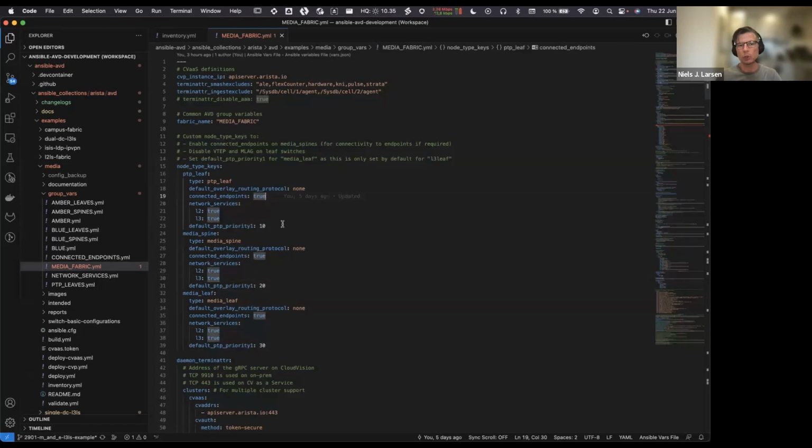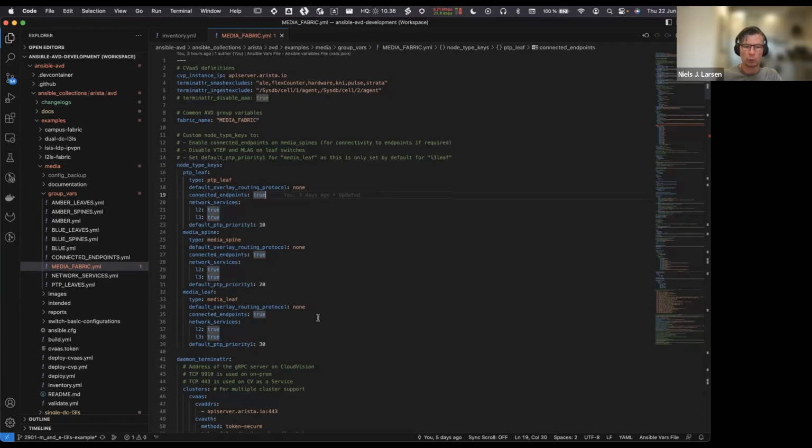It accepts what we call connected endpoints, so specification of a port connected, for example, to a grandmaster or a camera or microphone, whatever. Some network services, layer 2, layer 3, and then a default PTP priority 1. And you can see they are different on the different levels of the network.